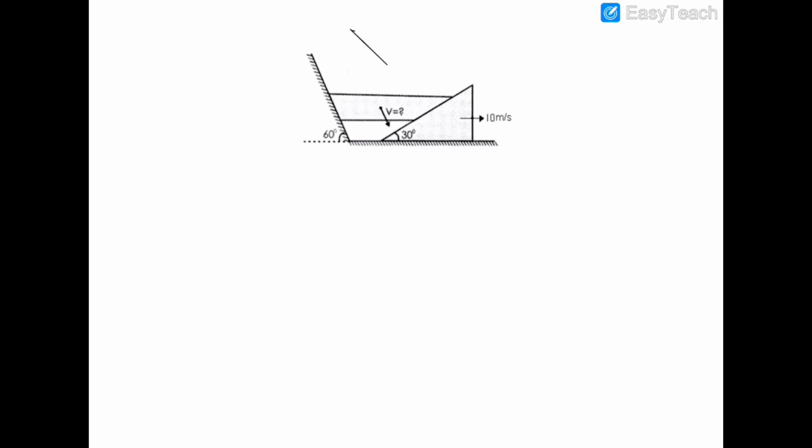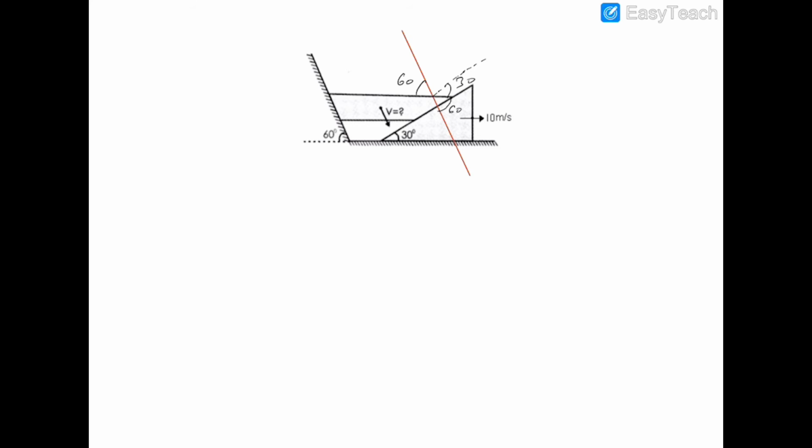Normal to the contact, I am drawing normal to the contact. So if I draw the normal to an inclined plane whose angle is 30 degrees, its normal would be making an angle of 60 degrees with the horizontal. This is quite obvious, and I can prove that this angle is 30 and this angle is 60. So these are vertically opposite angles.